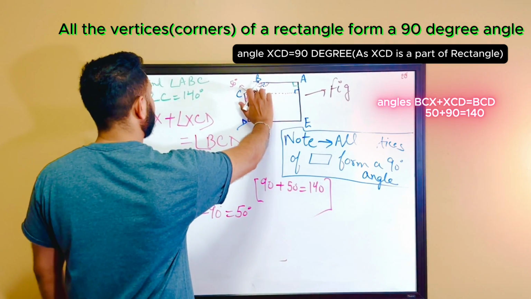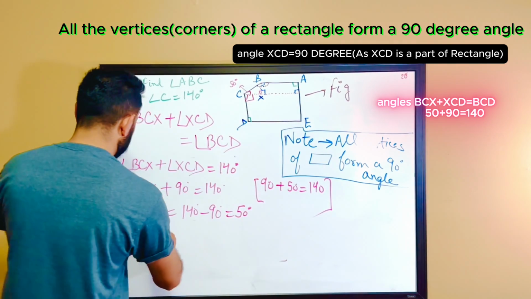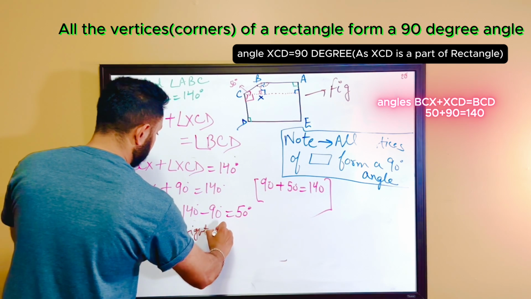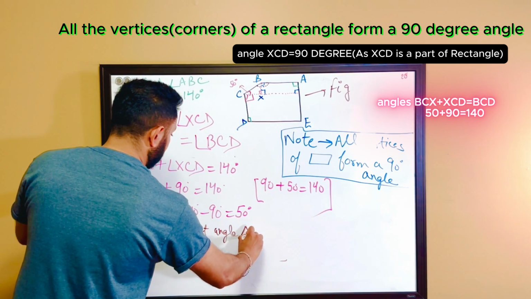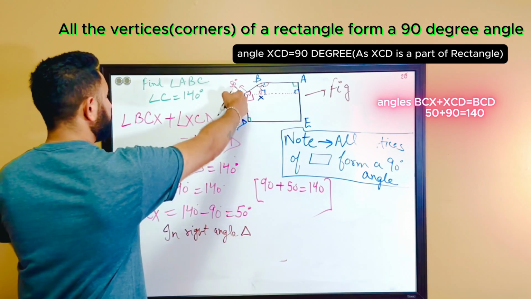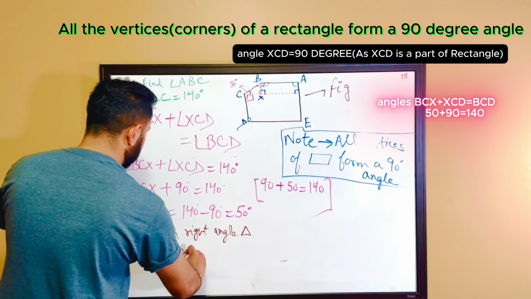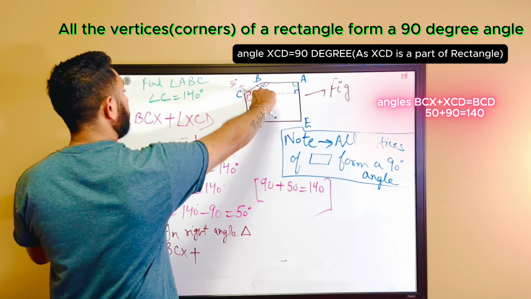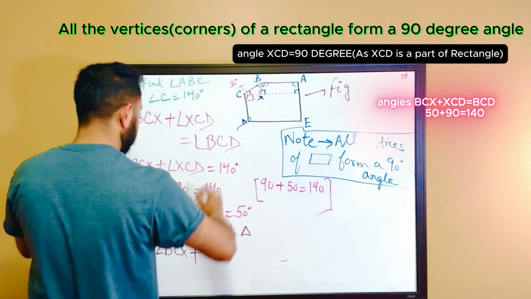In this right angle triangle, like BCX in right angle triangle, BCX is 50, BCX plus BXC, which is given to us, it is a right angle triangle, like BXC